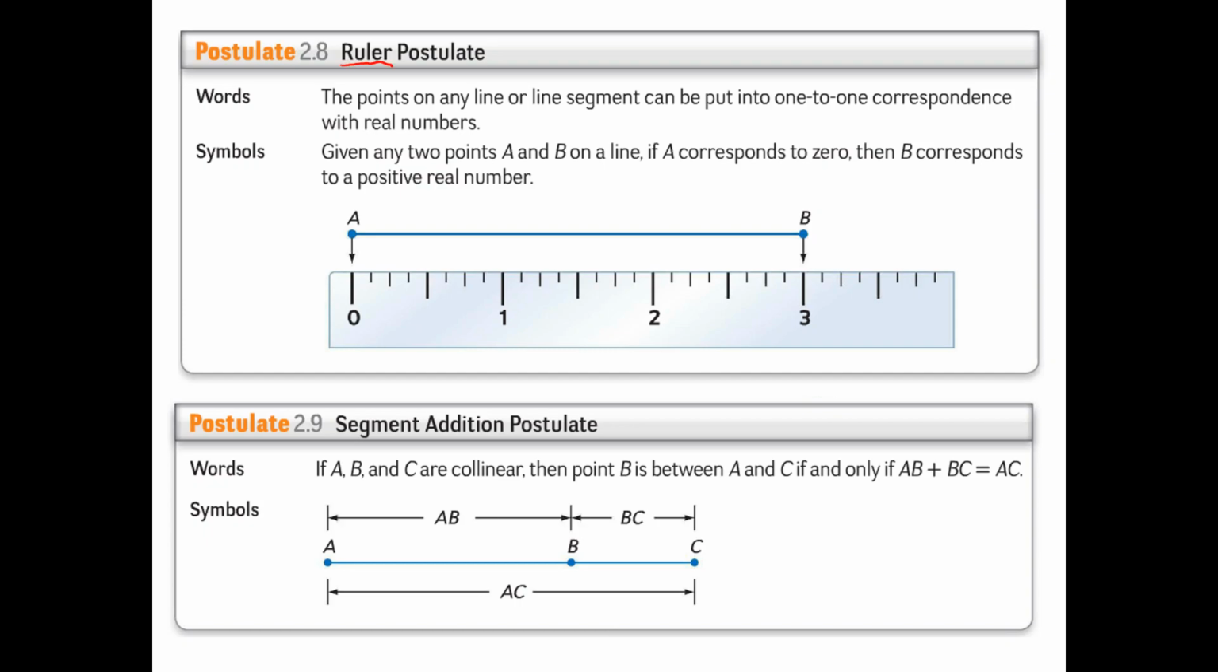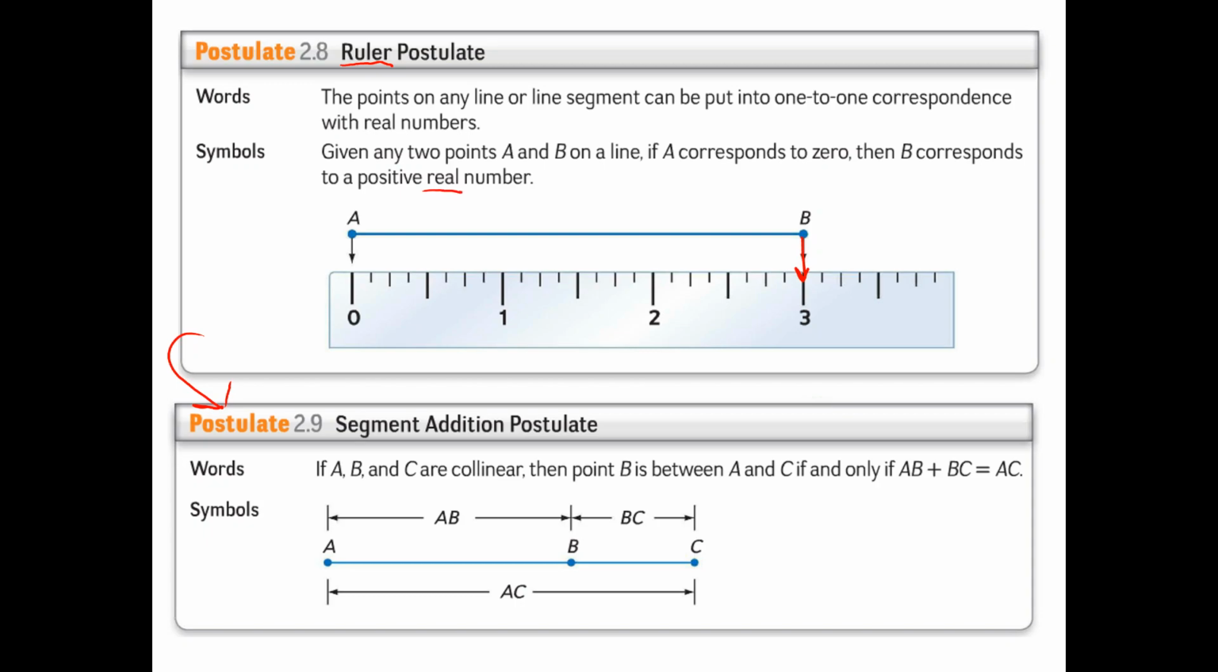Now, I don't believe I've ever actually called or used the ruler postulate inside of a proof. The place that I use it is really just as a facilitation for the segment addition postulate. What the ruler postulate says, and you can read it verbatim if you want to, but essentially every single line segment, if lined up against a ruler, every point on that segment is going to correspond exactly to a location on the ruler. Now, it corresponds to a real number as opposed to an integer,